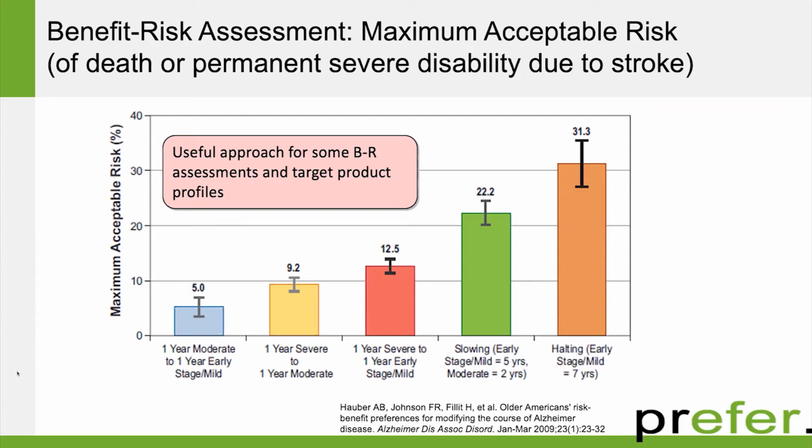So people are terrified of Alzheimer's, so these bars are pretty high. So if I were to take 1 year of moderate symptoms and make them only mild, people would take up to a 5% chance of death or permanent severe disability due to a stroke. Now, if you essentially halt the disease, which is a 7-year time frame in the study, and keep your symptoms at the mild level, people would take over a 30% chance of death or permanent disability. Now, that's insanely high. And what this is telling us is, 1, people are terrified of Alzheimer's, and 2, people would probably be willing to accept risks that are beyond anything that any company or health authority would be comfortable